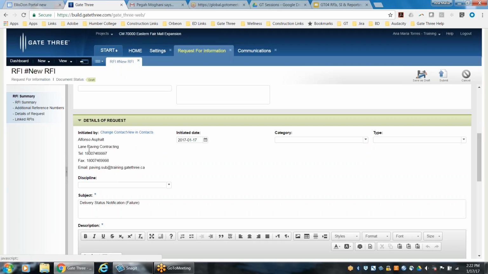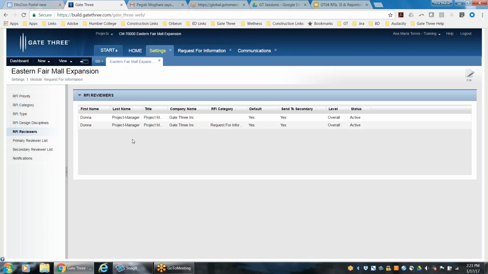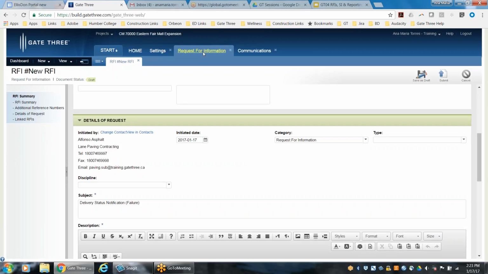So we have our subcontractor and the date that it is initiated. It defaults to today's date. You can change this to a previous date, but you cannot select a future date. Category is going to determine who the RFI reviewer is going to be. So I'm going to select Request for Information. Again, toggling back into the settings to review that Donna Project is the default reviewer for this RFI category. So when I click on Submit,